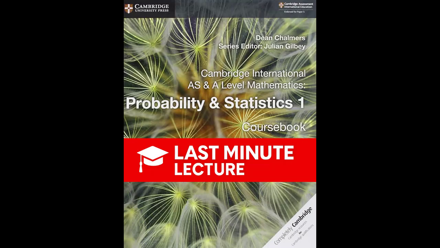The book uses a biased spinner for this. The spinner scores 0, 1, 2, or 3, and the probabilities are 0.1, 0.3, 0.4, and 0.2. So we just multiply across. 0 times 0.1, 1 times 0.3, 2 times 0.4, and 3 times 0.2. And when you sum up those products, you get 1.7. Our expectation is 1.7. But wait, I have a massive problem with this. Let me guess. You can't score 1.7 on the spinner. Exactly. A spinner only has whole numbers, 0, 1, 2, 3. So what does a score of 1.7 actually mean in the real world?